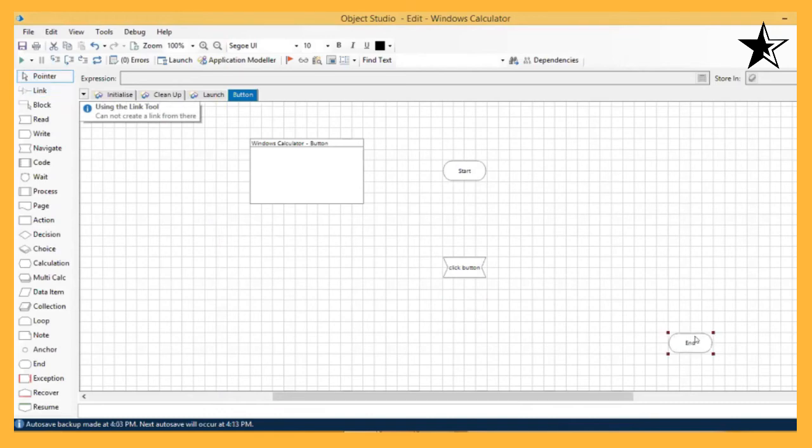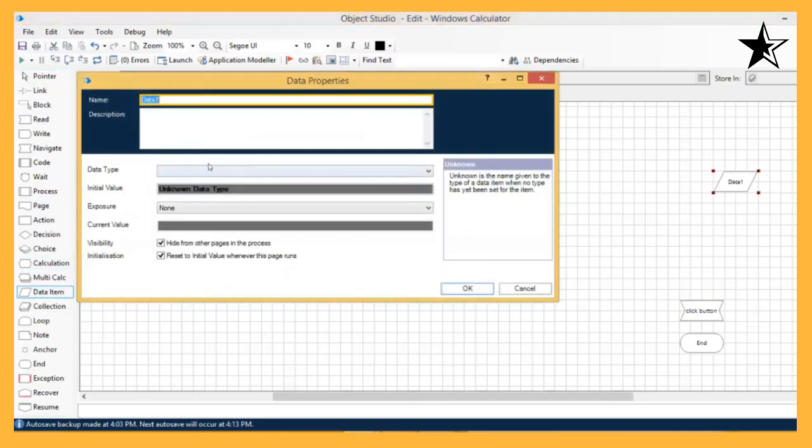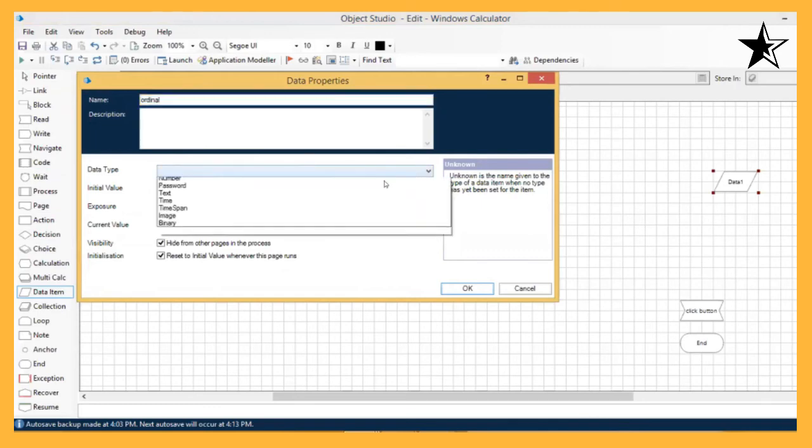So I just pick it aside and I take 2 data items. One data item is given the name ordinal. Its data type will be number.